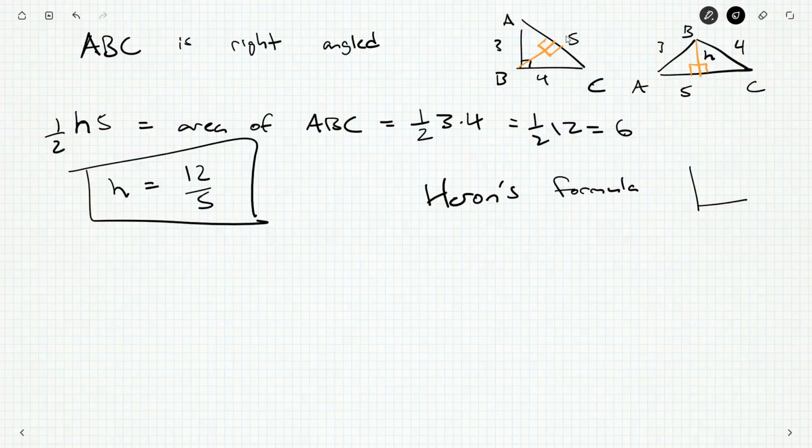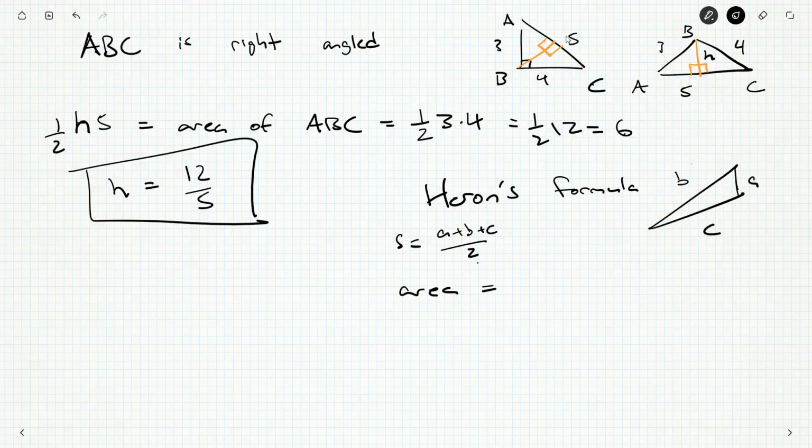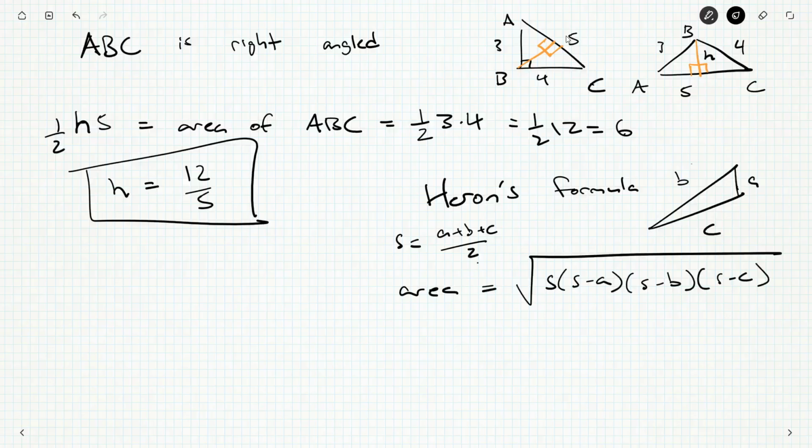And I'll see if I can remember it off the top of my head, but it's worth looking up and Googling so that you can see it and see how it's derived. Now, if we let S be the semi-perimeter, so A plus B plus C over 2, and although I guess my picture looks right angled, I'm going to change that. So just any triangle at all, then the area can be found. So A plus B plus C, the semi-perimeter, not that hard to work out. What is it? It's S times S minus A times S minus B times S minus C,